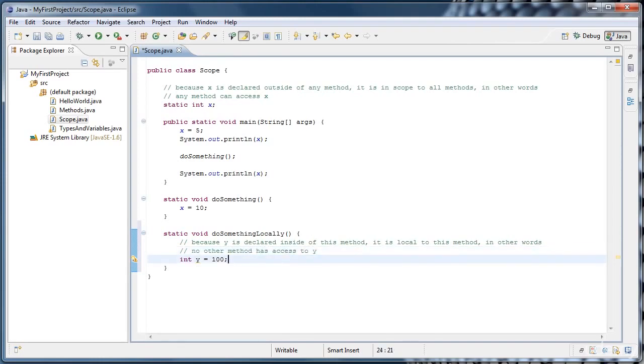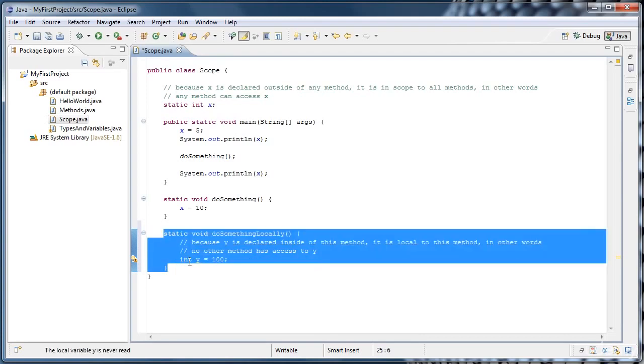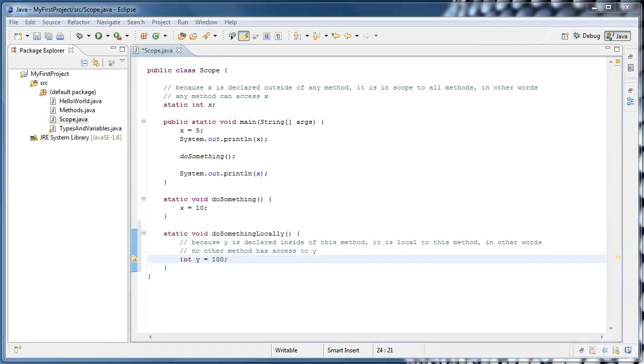Now inside of this method we can do anything we want with y, but once this method finishes executing, y essentially ceases to exist. In other words, not only can y only be accessed inside of our doSomethingLocally method after it is declared, but it doesn't even exist after that method is finished executing. Now eventually in these tutorials we'll get to a point where we talk about something called stack frames and look at how memory is allocated when you call a method, and you'll understand this much more. But for now, just understand that